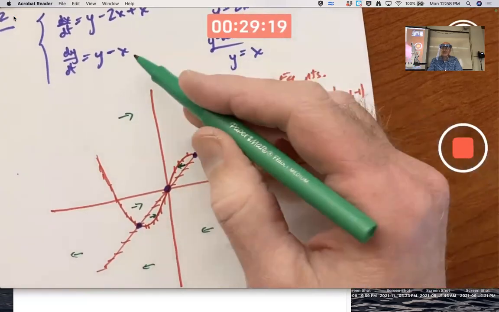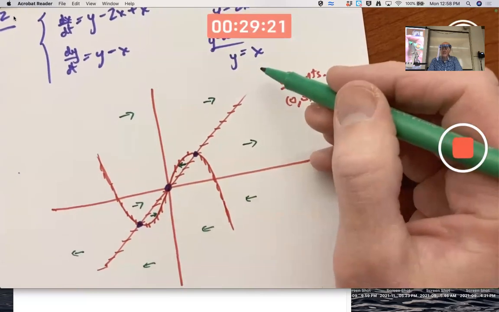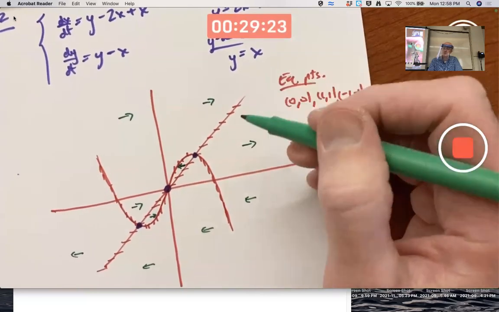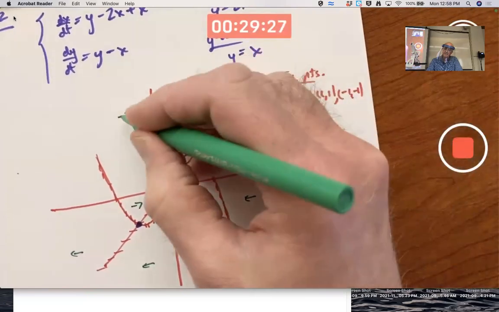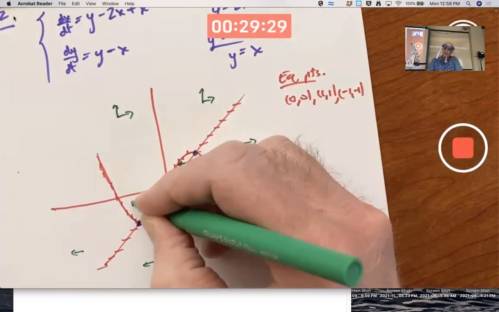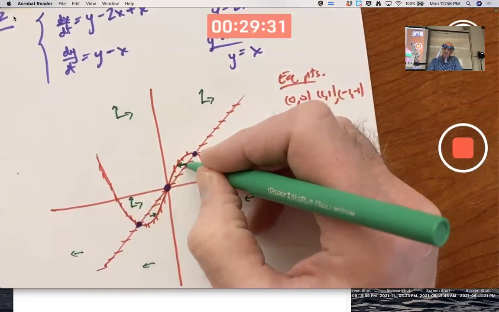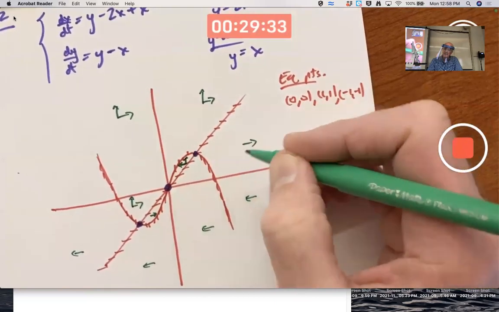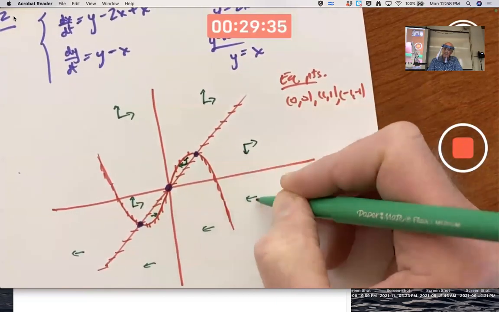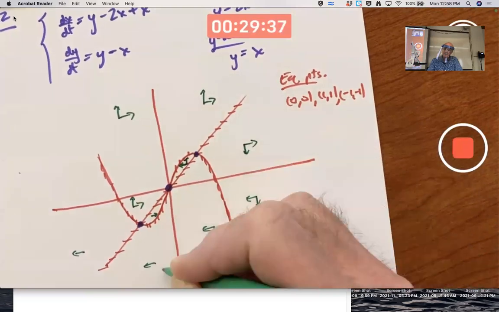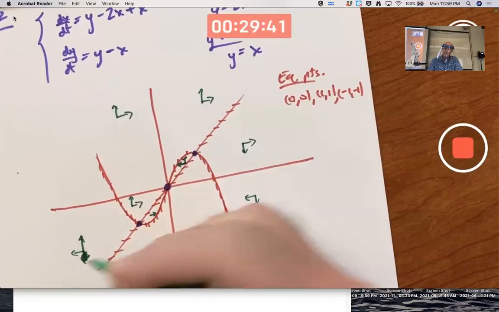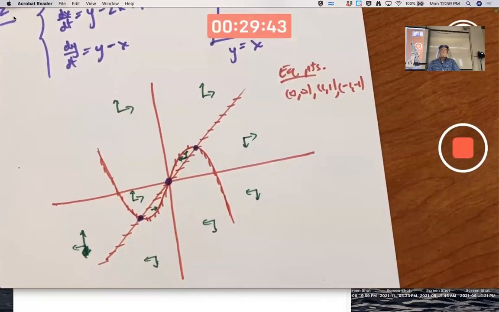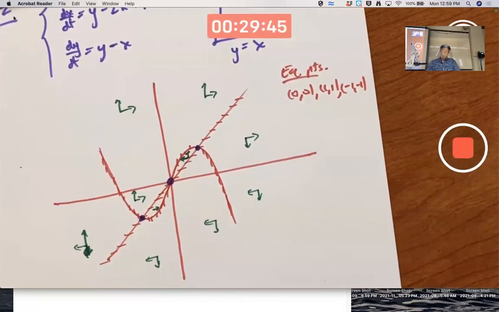dy/dt is this. That's positive exactly when y is bigger than x and negative when y is less than x. In other words, dy/dt is positive above the line to the origin and negative when you're below that line. Oops, it's above it over there. That gives you